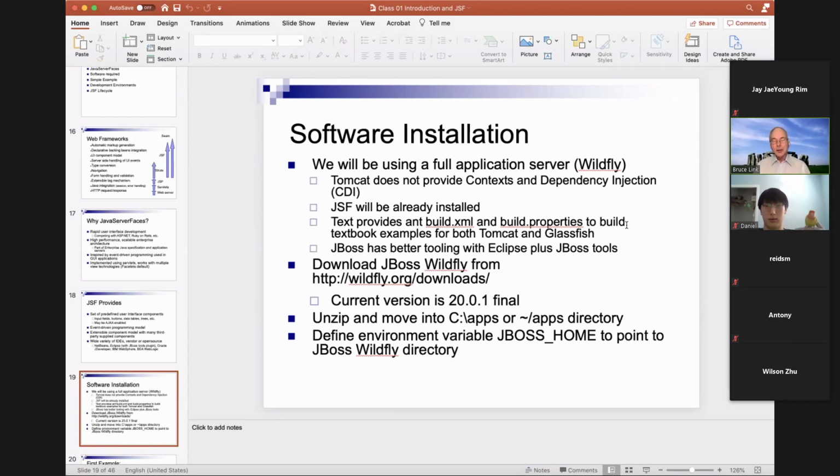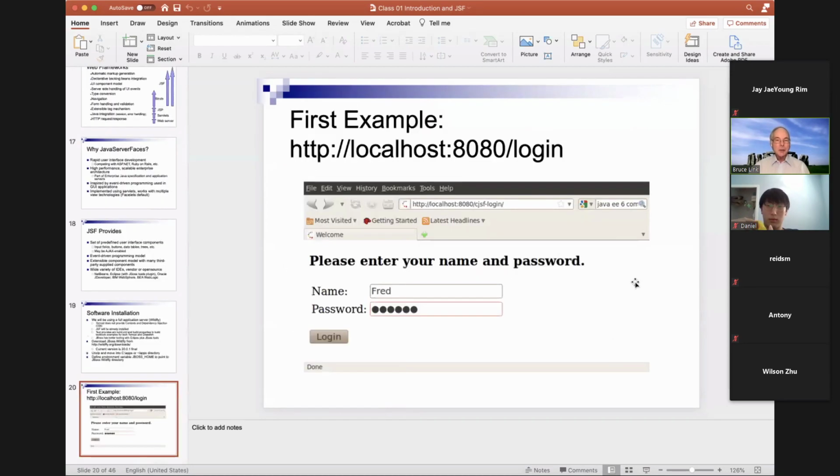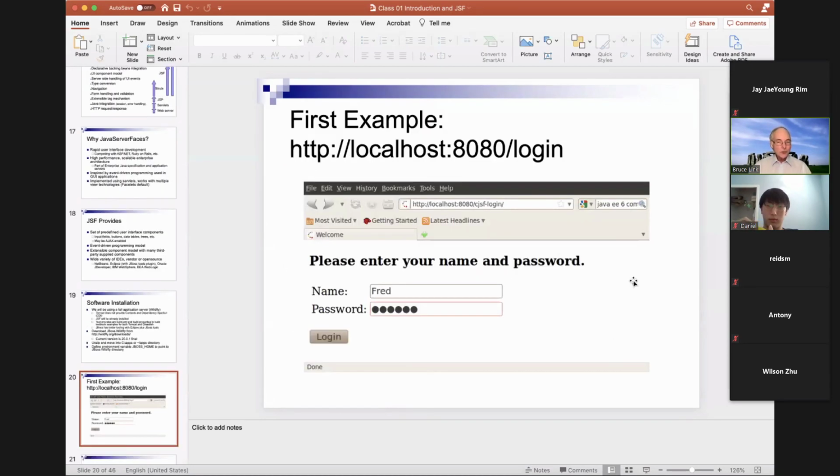Now, one of the things that you'll need running any sort of web application is a web server of some sort. And again, lots of choices. So for this course, I'm using a thing called WildFly, which is pretty lightweight compared to most of the alternatives. It's also free, and so the tool setup points to that. I'm not going to say much more about it at the moment. So for example,